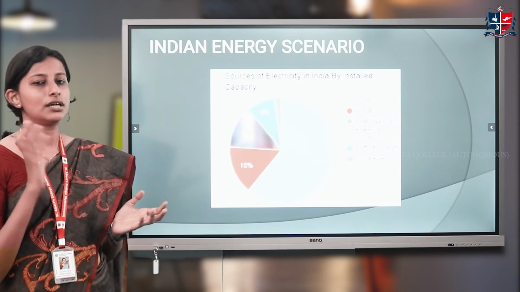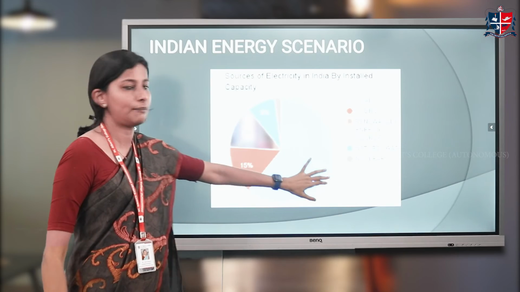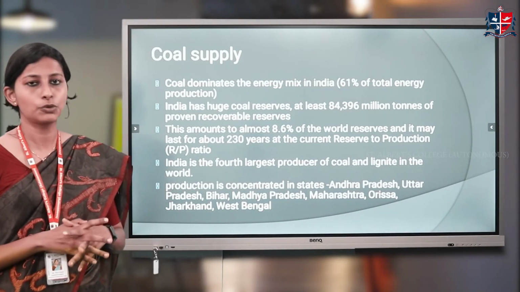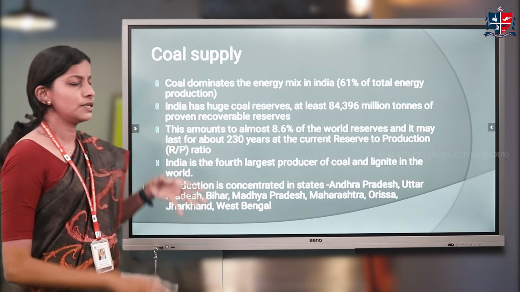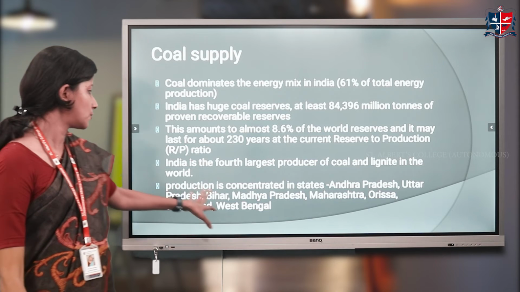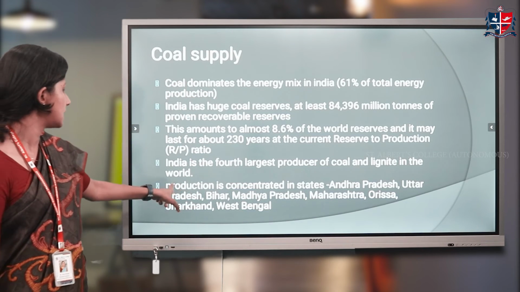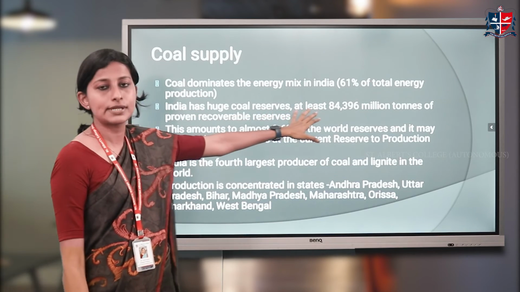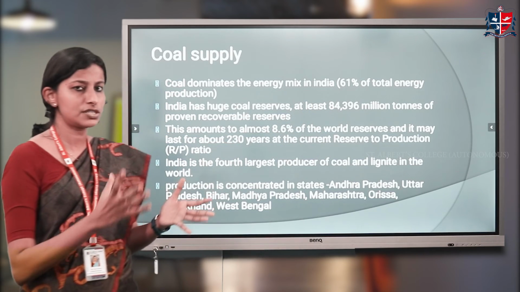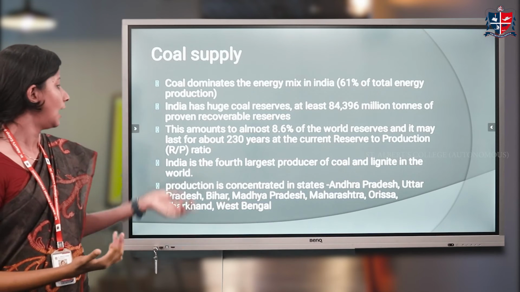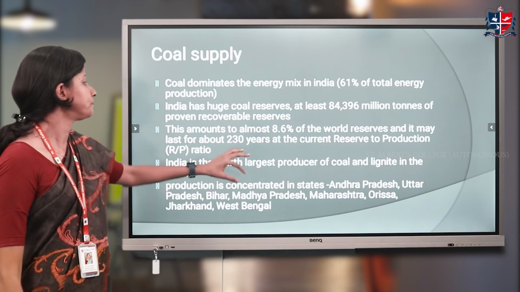We are just going to have a vague idea of what happens in each of the industries. First one is the coal supply. Just as we saw, 61% of the total energy production is from coal. As we know, when coal gets used more, it gets depleted. Here we see the basic states which produce coal. Then there are statistical figures which show the coal reserves. You needn't memorize all these values. Just have a rough idea of the percentage of production or consumption, as well as which states produce coal.